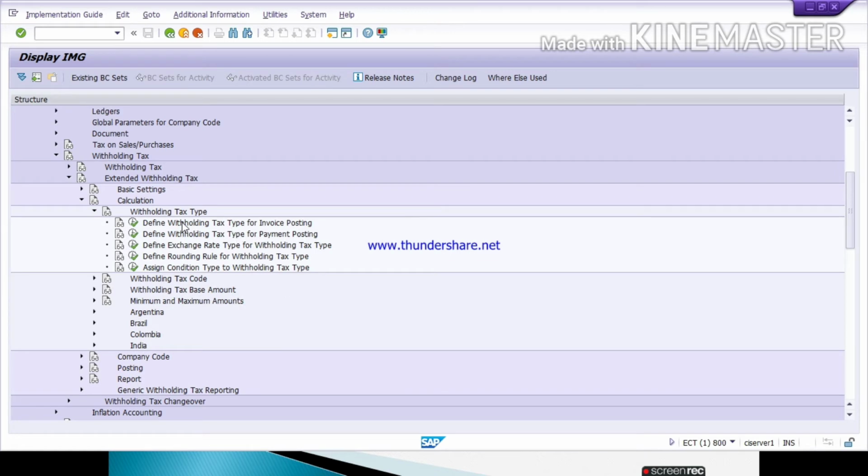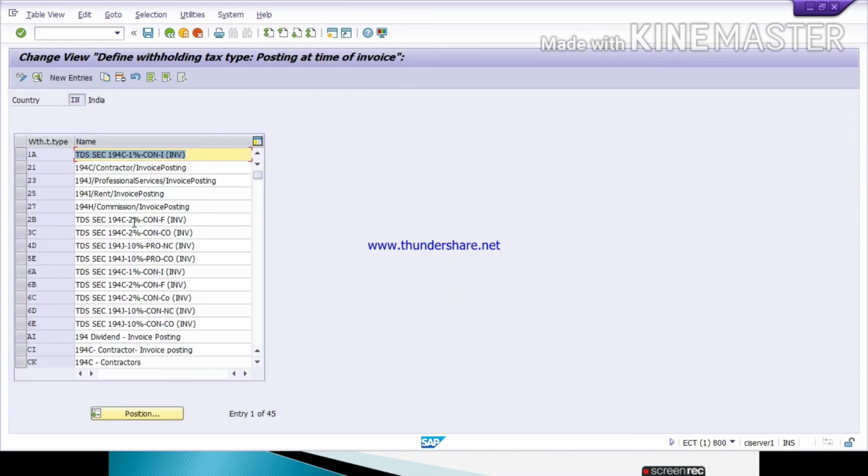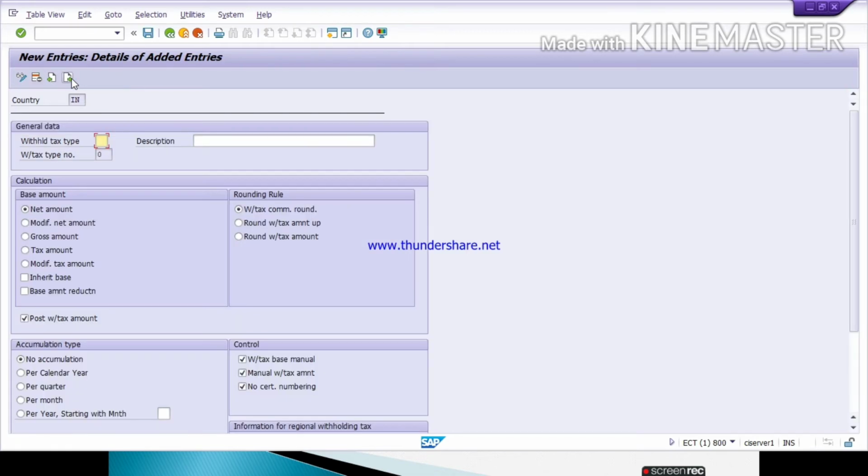Here withholding tax type. The first one, define withholding tax type for invoice posting. Click on it. Give your country code, IN for India. Here we will define a withholding tax type. Click on new entry.